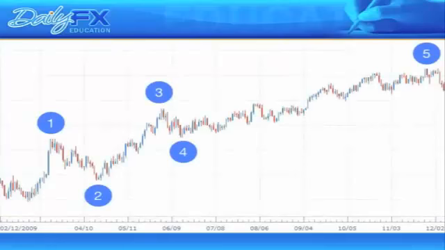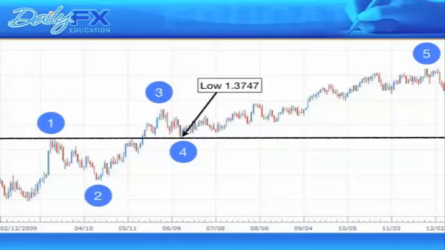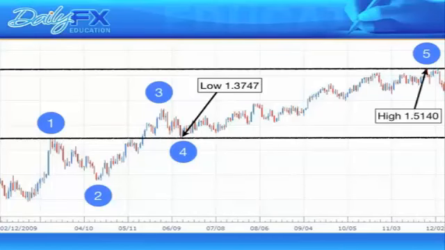And finally, for our fourth guideline, we use the calculation we already made from our second guideline. We know that wave 1 covered about 1,281 pips from its low price to its high price. Wave 5 started at a price of around 1.3747. Since we expect wave 5 to cover about the same amount of ground, we expect wave 5 to top out around the 1.5028 price level. This price is overshot just a bit, but only by about 100 pips,